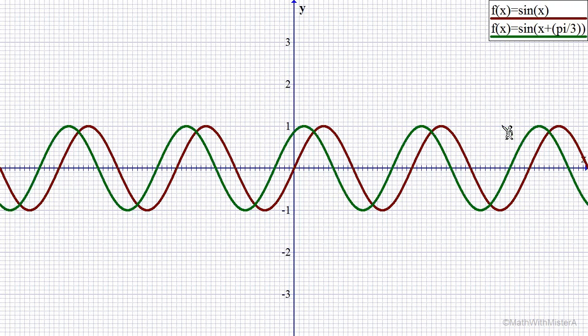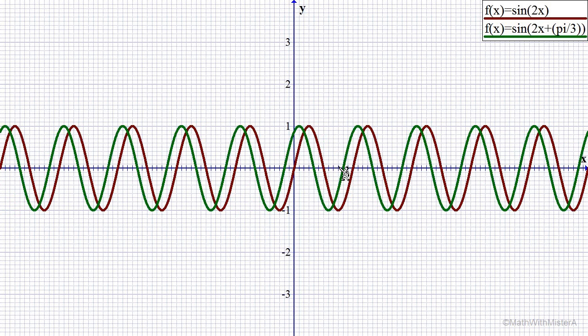But we need to cover a very important detail about the horizontal shift. We're back to sine x and sine of x plus pi over 3, so we're shifted to the left by pi over 3 radians, or 60 degrees. If I focus on this point right here, this peak, and I go backward by 15, 30, 45, 60, okay, I land on the peak of the green. Or if I look at these intercepts back 15, 30, 45, 60, so definitely seeing this shift to the left of 60 degrees. But what if I decrease the period of these functions by going with sine of 2x